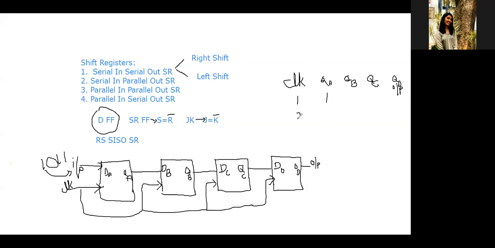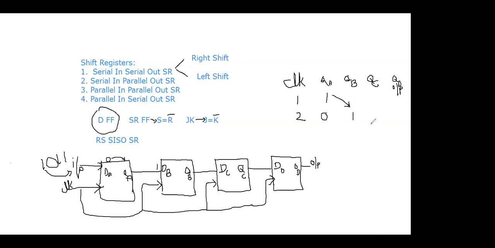Now when we consider the second clock pulse, what happens? The QA value is coming here. What is the QA value already? It is 1. So this 1 is coming here and this 0 is coming here, and there is no data across DC and DD. So across the second clock pulse, this 0 is coming here, that is, here we are going to get the 0 and this 1 is coming here. Okay, now there is no value across QC and QD.